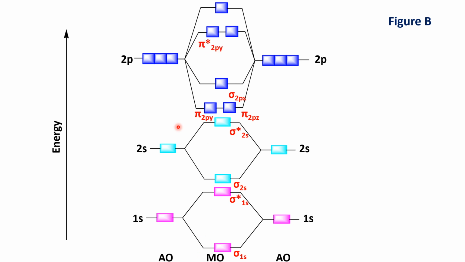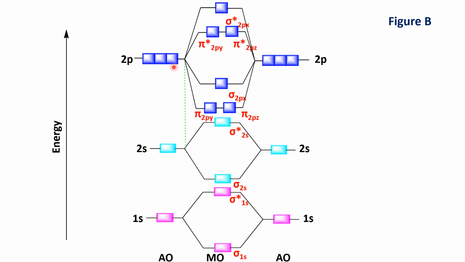Then we have the pi asterisk 2py, pi asterisk 2pz, and finally sigma asterisk 2px. So we said that there is an interaction between the 2s and the 2p atomic orbitals. So how does this interaction occur? This interaction between these